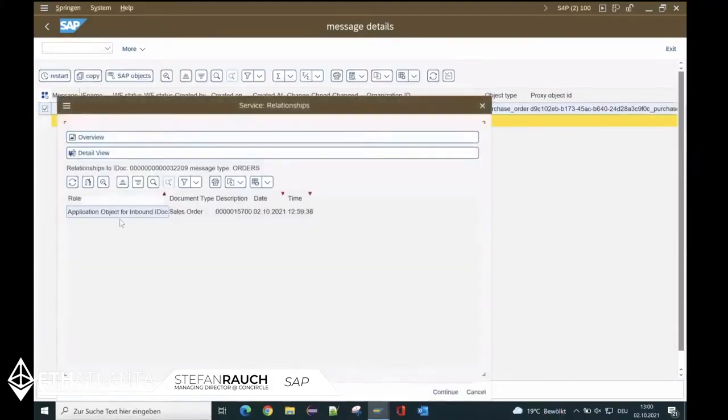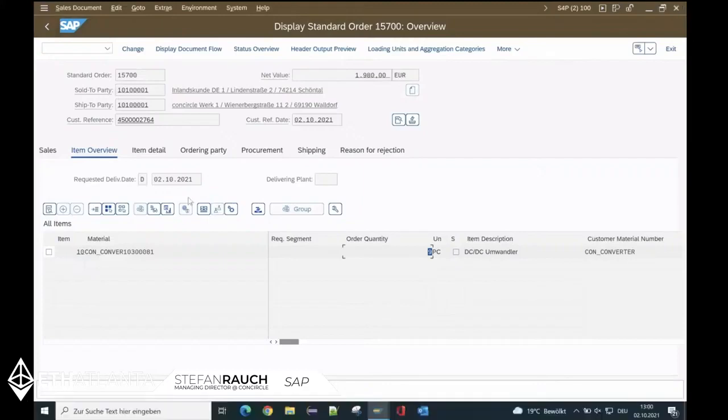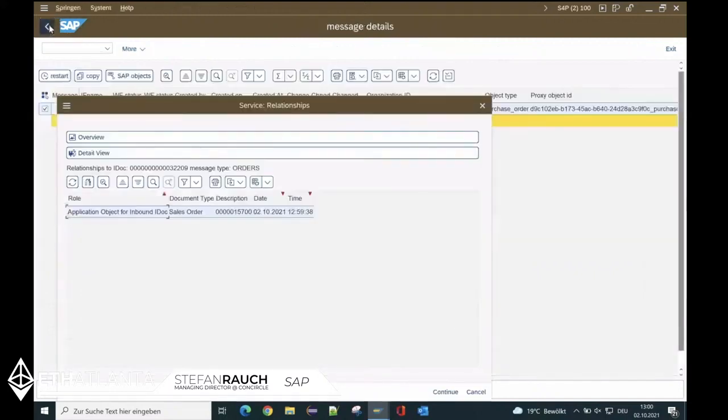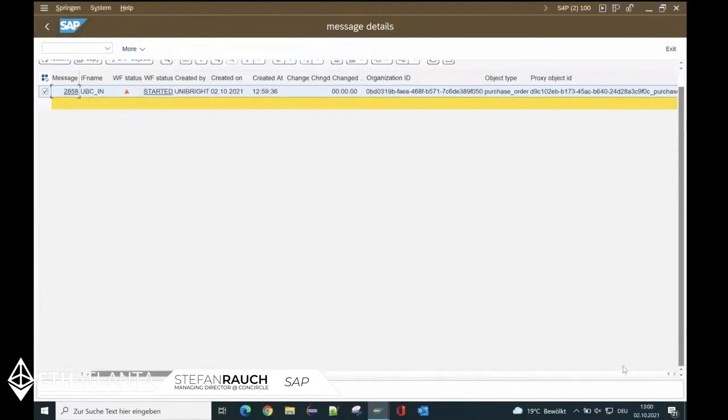I go to the UPC monitor. I directly jump to the sales order which was created, and I see, oh, they sent me a purchase order for 9 pieces, but on the telephone we had a call. I only have 8 on stock, so therefore it's not fitting my business terms. And this cross-check, this workflow, already set this sales order